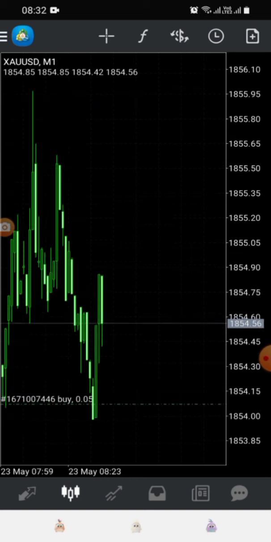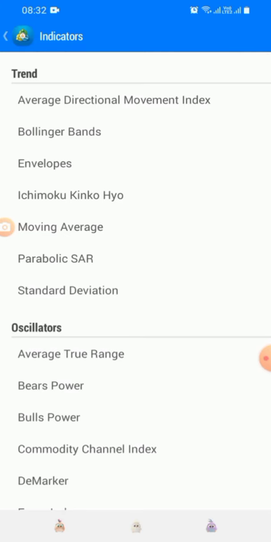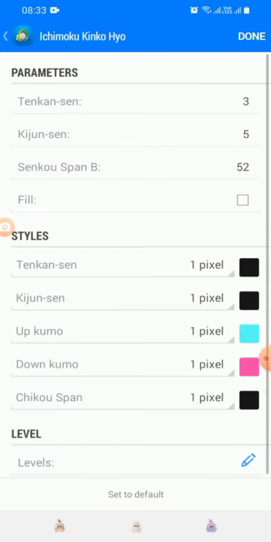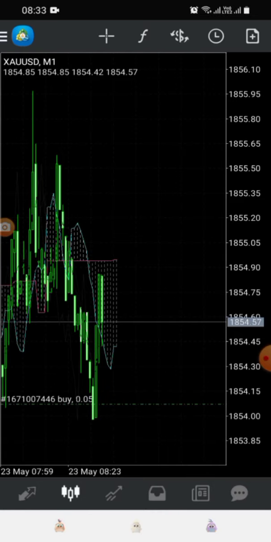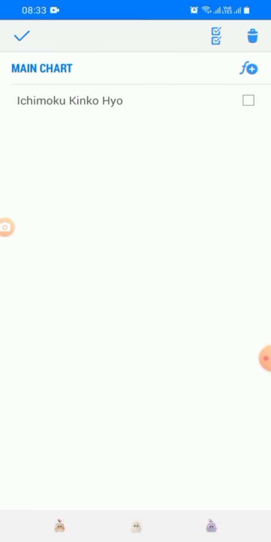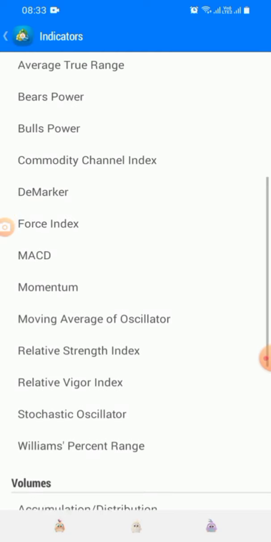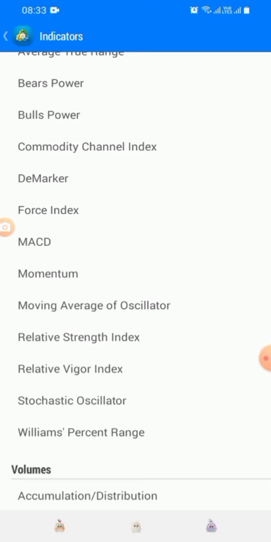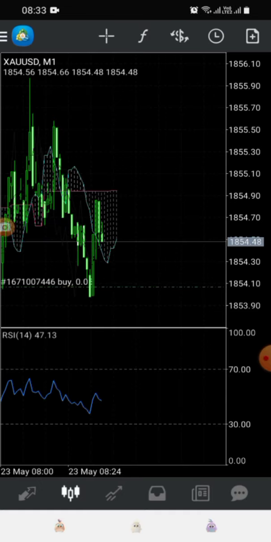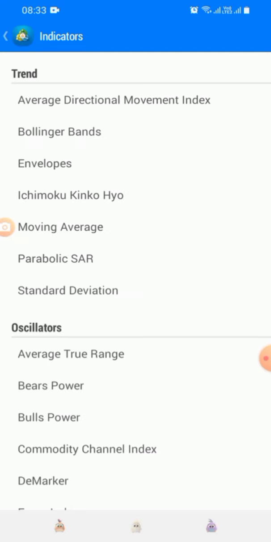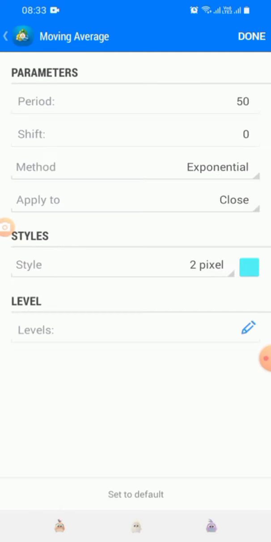If you want to add, just remember to click whichever you want and say done. If you want to remove, you click this. Okay, let's first add. If you want to add another one, you can add that. Let's say add, like RSI, those are very common. So if you want to add on to RSI, you click this, then click, let's say, moving average. And when you're adding onto the